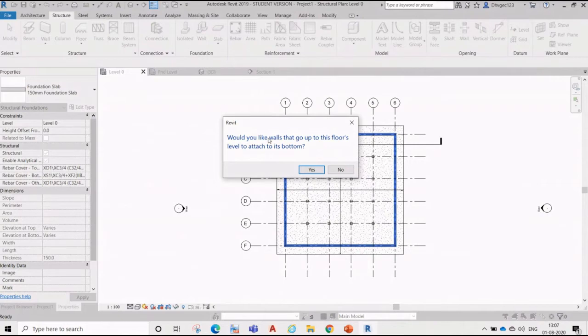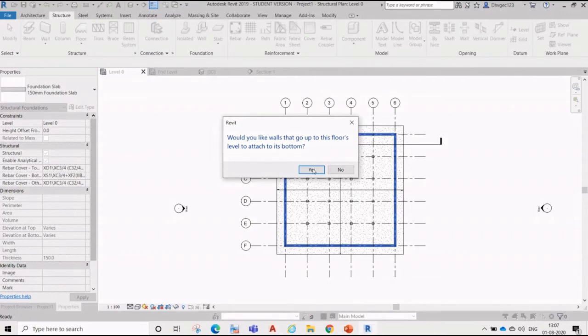But now we placed one slab over here which is 150 thick. So now it is asking whether the wall should stop below the slab, or continue till the floor level.